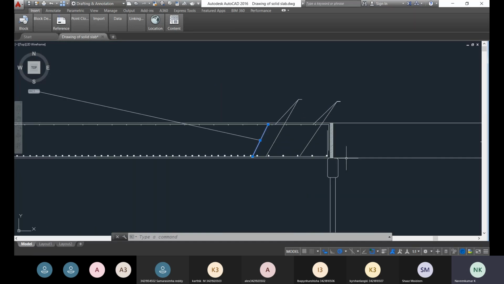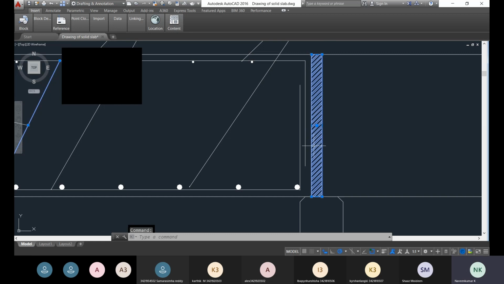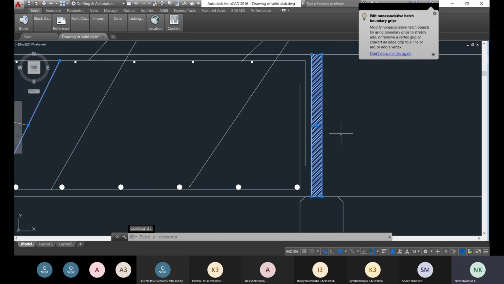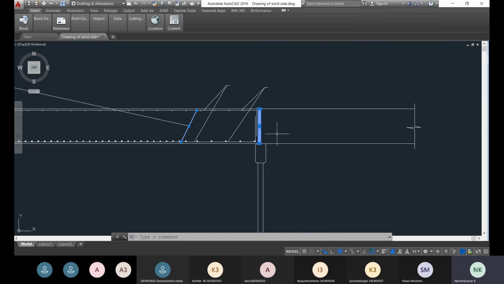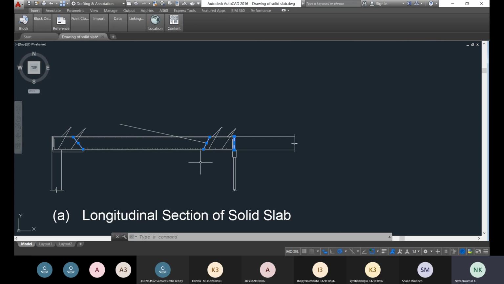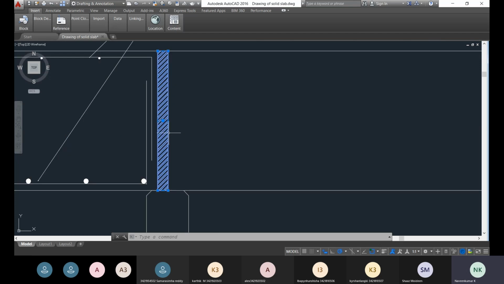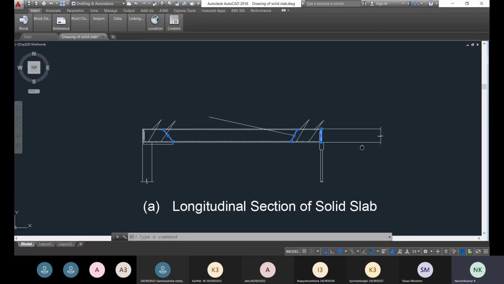Then this is the joint. This is the expansion joint which is provided at the end of each span of the bridge deck. The bridge will generally be constructed span by span. This is the first span, and after completing the first span, there will be an expansion joint, which is made of steel material. Again, the second span will be constructed.